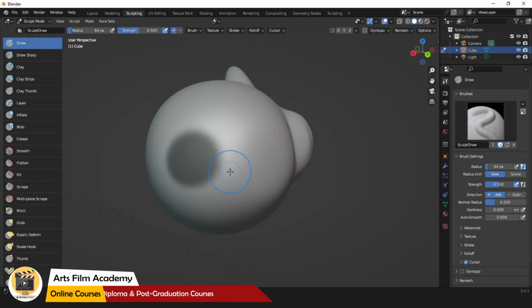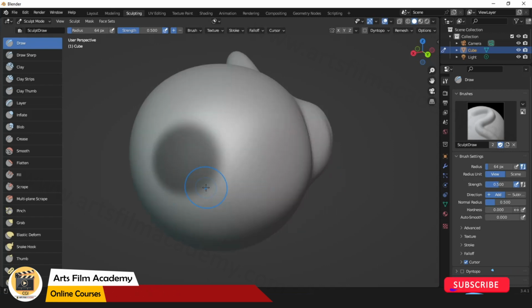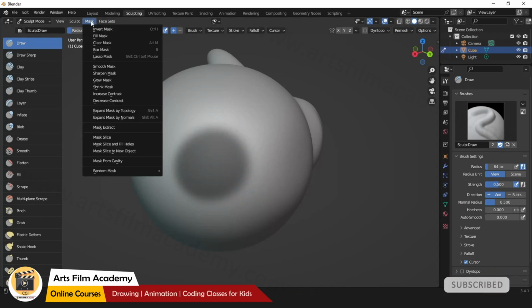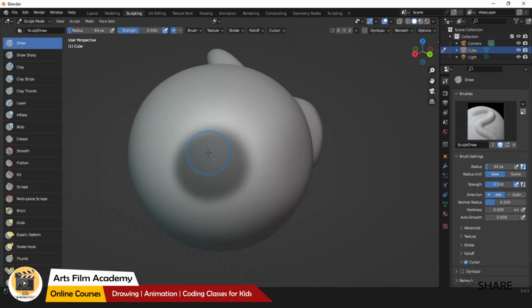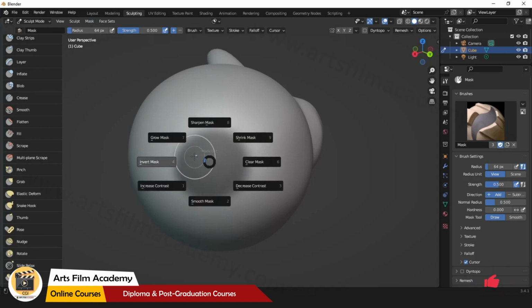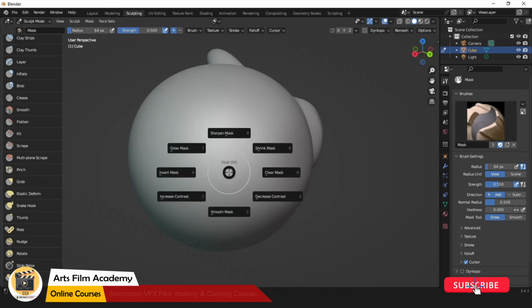If you want more options, like you can see the mask has very feathery edges, and I want to make it sharper, or I want to make this selection region grow, or something like that, you can explore the mask area. Another shortcut is A. M is for the mask tool. When you are in the mask tool, press A, then you will get a pie menu related to the mask. Like I can clear the entire mask,